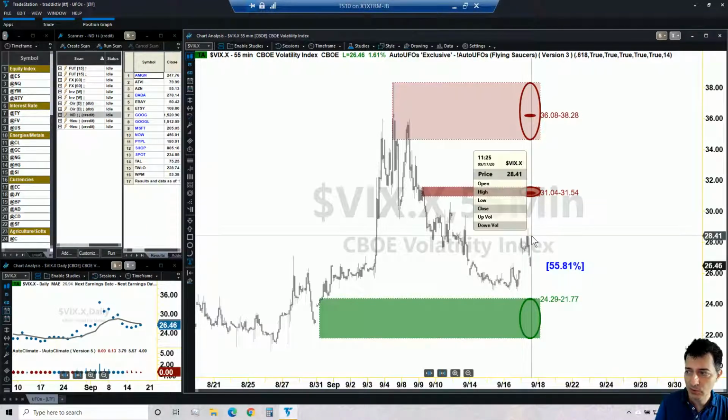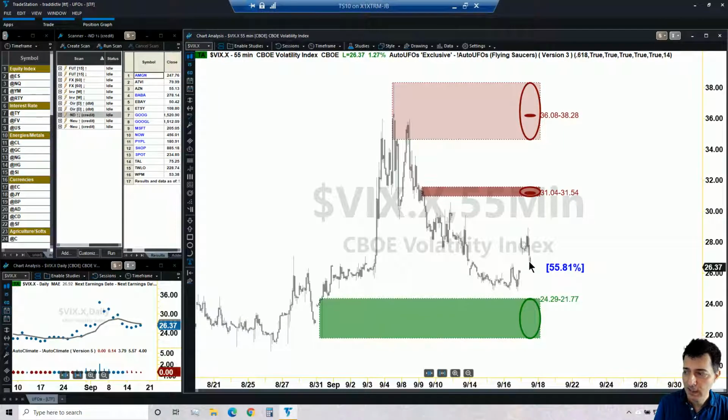It was about 28, and as the market turned and started moving to the upside, the VIX is now collapsing from 28 to 26. Still decent volatility, really, if you think about it. It's not like it's bad volatility, 26, and we should be able to find okay opportunities, especially when we deal with selling options. That should be okay.